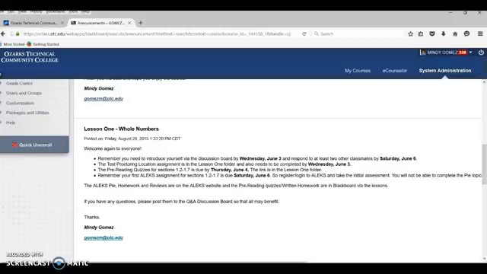Course updates could be if Blackboard's going to be down. You could post an update that says, okay guys, Blackboard's going to be down at this day and this time. I'm letting you know in advance so that you can work that into your schedule. You could provide some reminders that says,